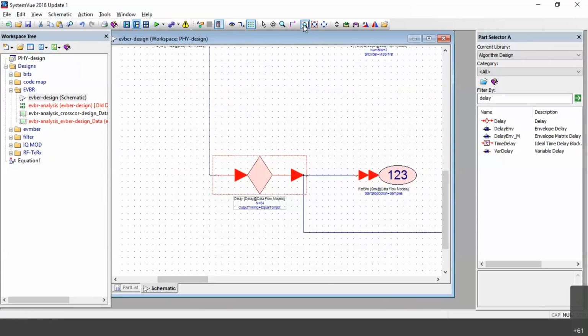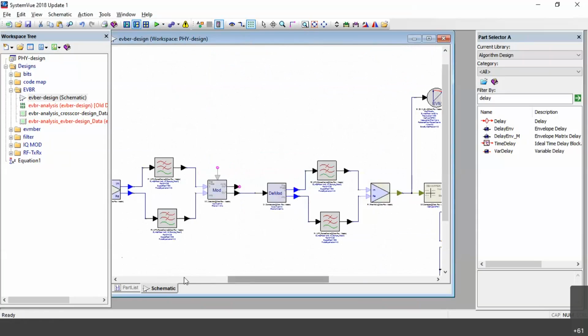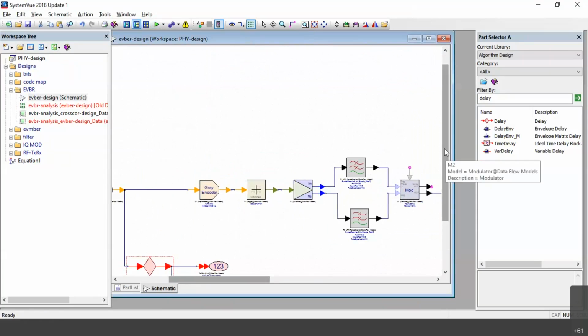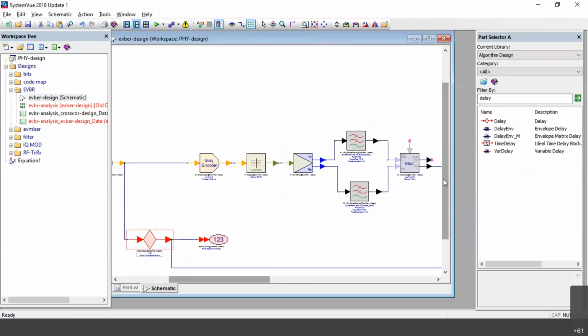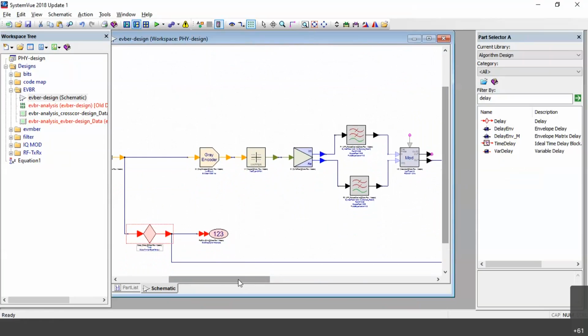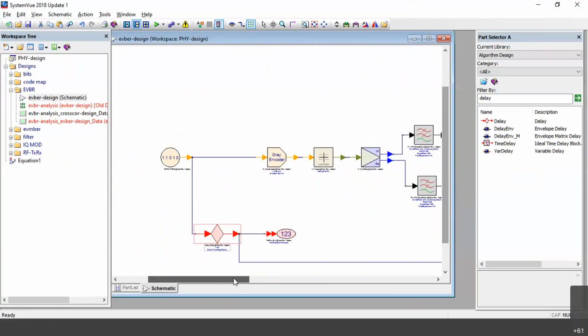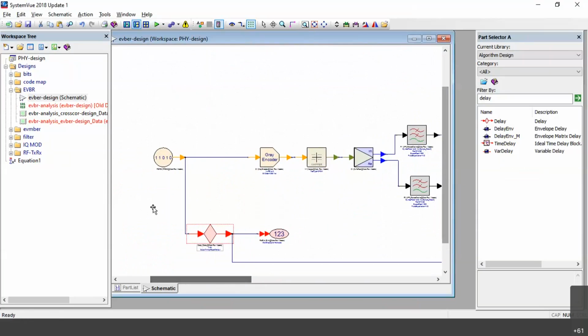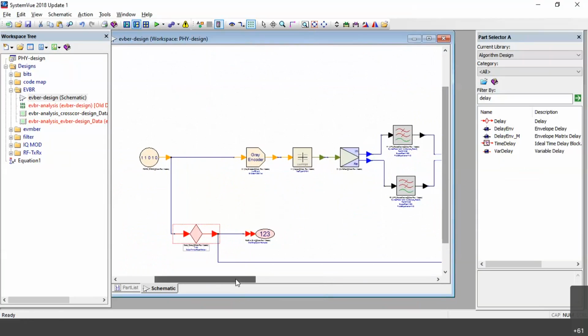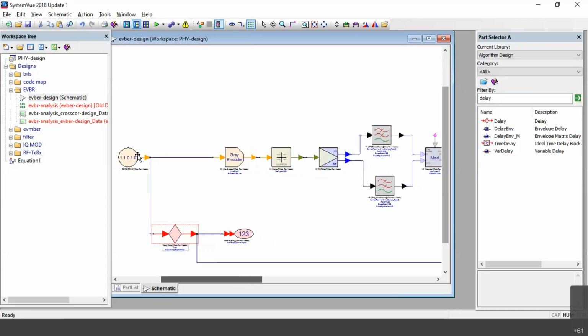I'll zoom out. See here, this is my input signal. Up to here it is the same; I copied it from the previous schematic and placed it in the new schematic. You already know how to create a new folder, so follow the steps. Then you create the bits.